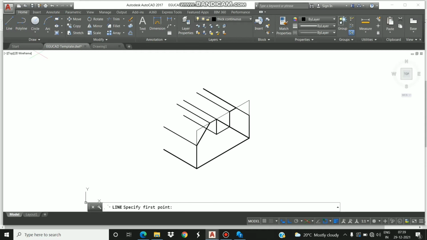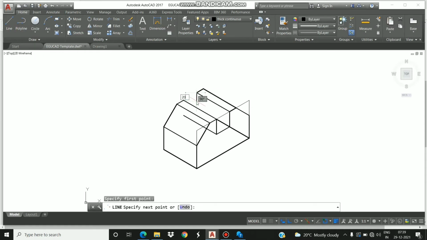Yes, now join them. Join these lines here. Join these endpoints of the lines. From here a downward line of length 20 from this end.